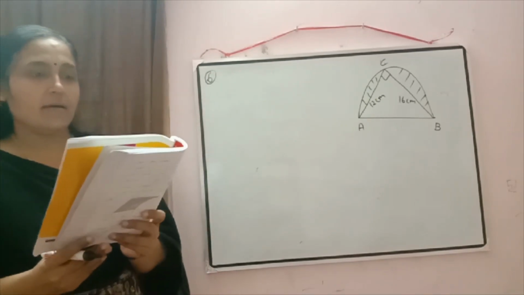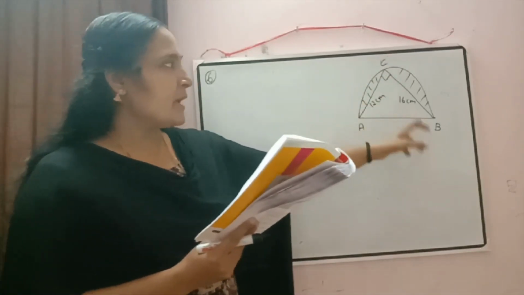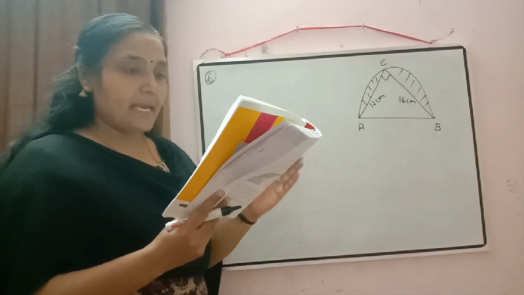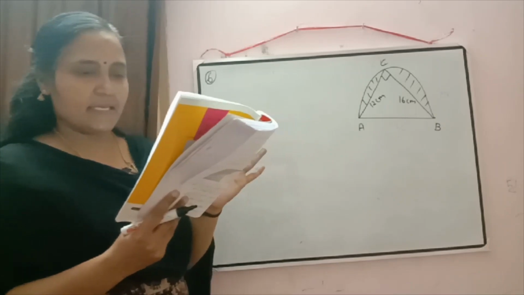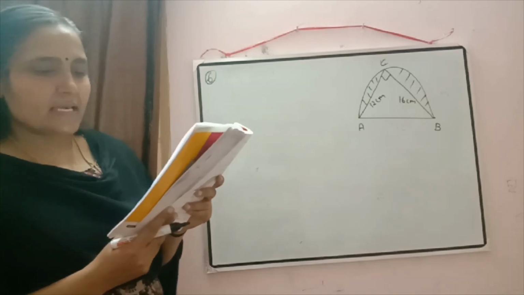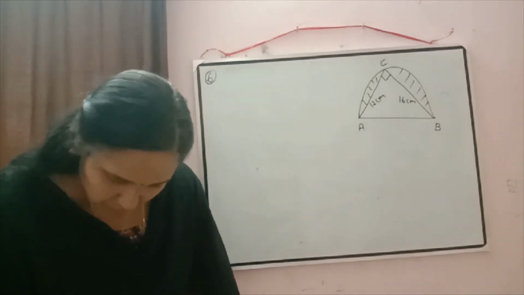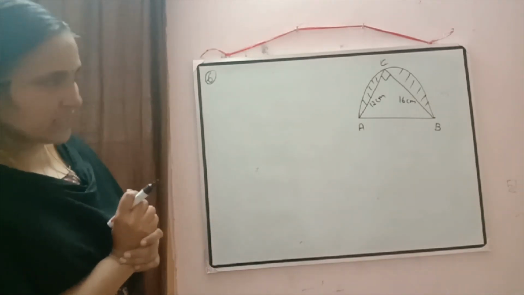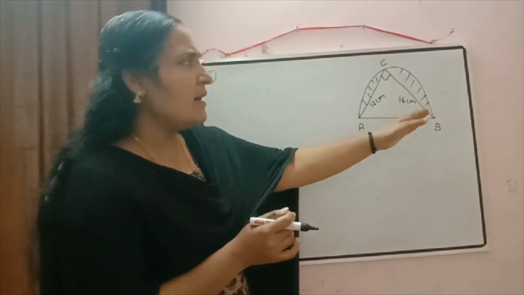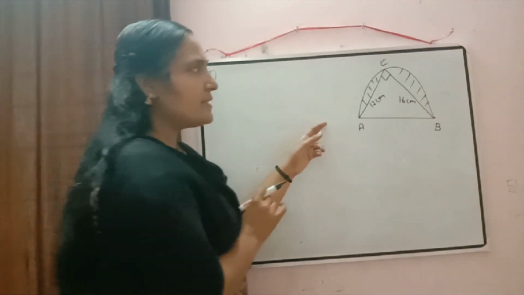Now in this question, the information is already given. AC is equal to 12 centimeter. BC is equal to 16 centimeter. Angle C is 90 degrees. Find the perimeter and area of the shaded region correct to 1 decimal place. And in the instruction it is given, use pi is equal to 3.142. So now we can check how to calculate the perimeter and area of the shaded region. Area is okay there: that is area of semicircle minus area of triangle. For a semicircle we should know what is the radius there.